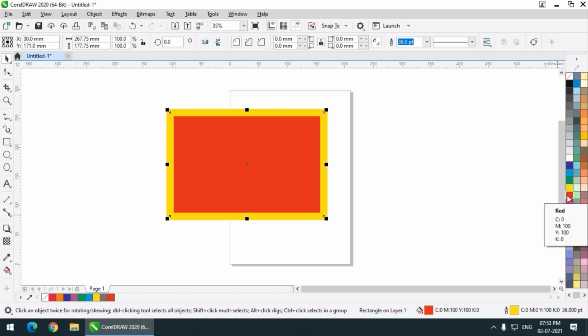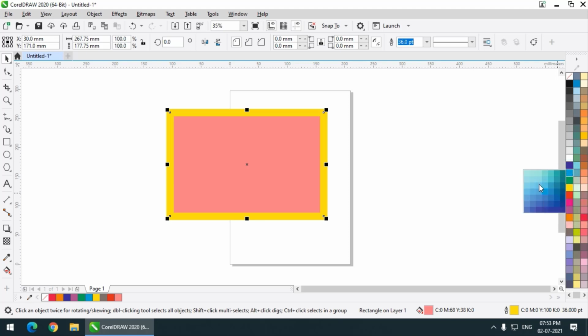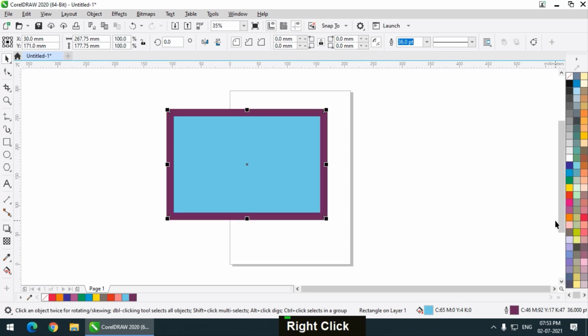Then you can simply long press left click. What I mean by long press is to press and hold the left mouse button, so you will see the shades of this particular color. So we can use the lighter shade or the darker shade of this particular color like this, you can see. And again, long press left click like this. And similarly, if I want to apply this different shade of the particular color on the outline, simply press and hold, long press, and right click. Same thing, very simple to use.